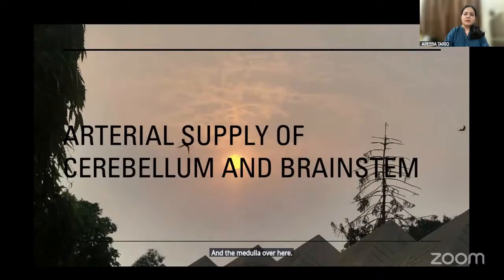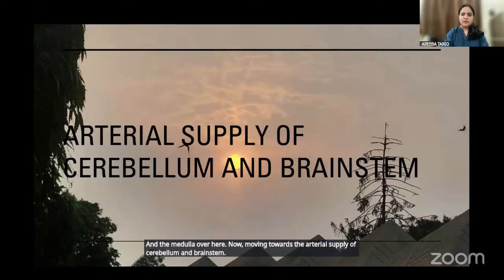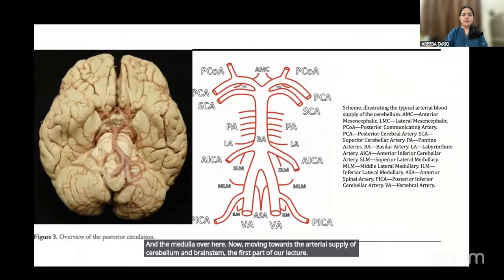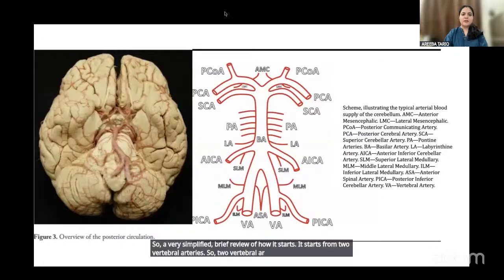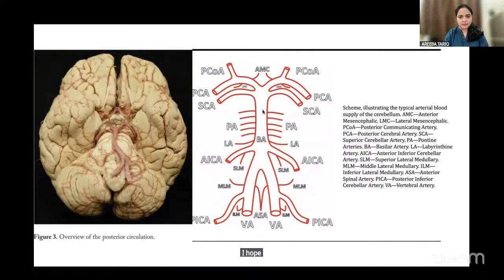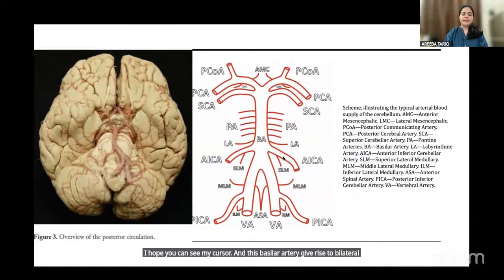Now, moving towards the arterial supply of cerebellum and brainstem, the first part of our lecture. So a very simplified, brief review of how it starts. It starts from two vertebral arteries. So two vertebral arteries, they join together and they form the basilar artery. I hope you can see my cursor. And this basilar artery gives rise to bilateral AICAs or anterior inferior cerebellar arteries, pontine arteries, superior cerebellar artery, and